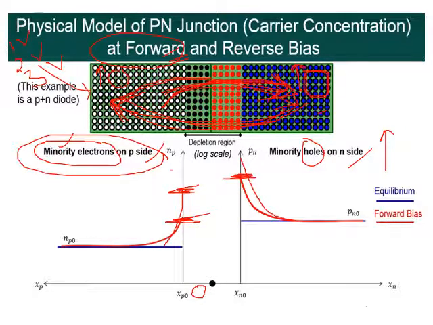Say if I increase to 5 volts, I may reach up to this point. If I apply only 0.8 volts, then it may come to this point. So I may get the graph in this way. So this graph is showing the carrier concentration, especially the minority carrier concentrations on both sides, the P side and the N side. In what condition? I have taken only the forward bias condition, I have not touched the reverse bias condition.